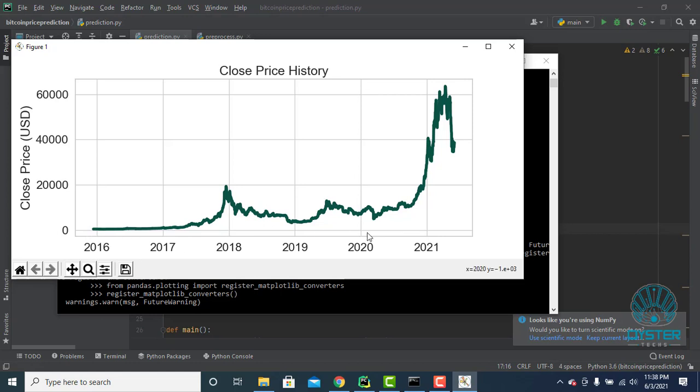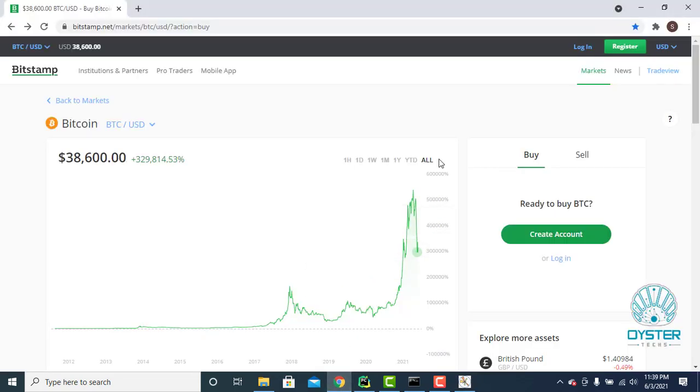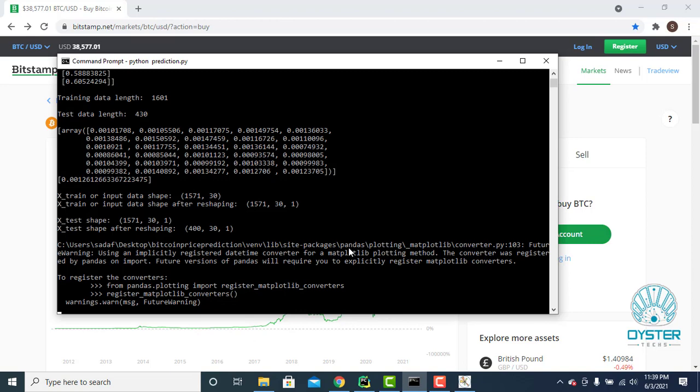During this period, we can see that the lowest price is in December 2015 and the highest price is in April 2021. We can also see it in here, this one and this one.